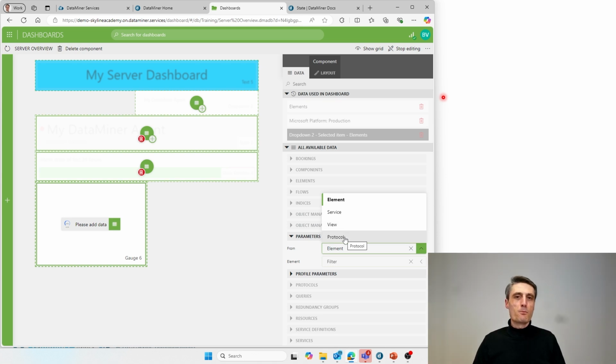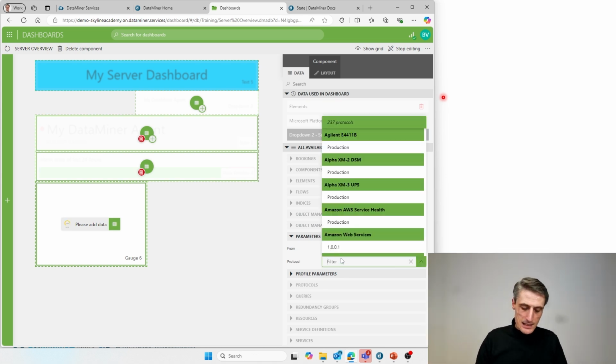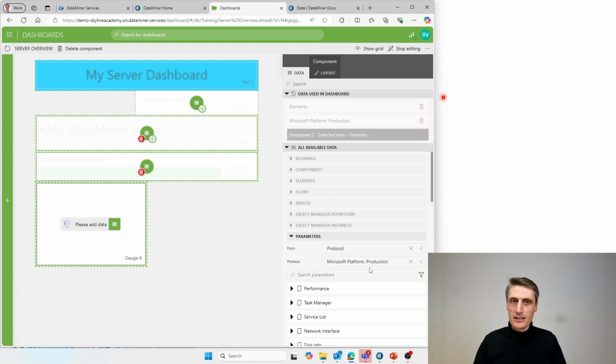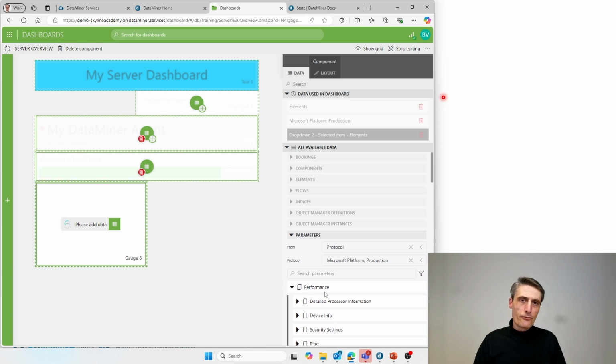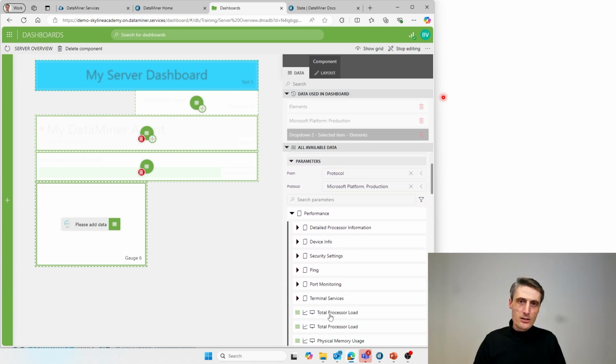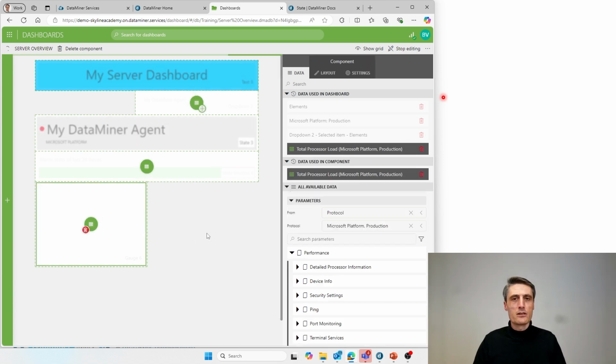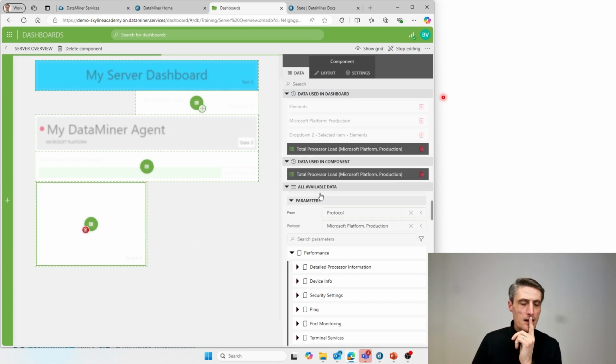actually go from protocol. And if I go from protocol, I can say it's a Microsoft production kind of parameter that I want to choose. For instance, under the performance page, I can find the total processor load, and I drag and drop the total processor load on there. Okay, it's going to show me the total processor load of a Microsoft platform, but